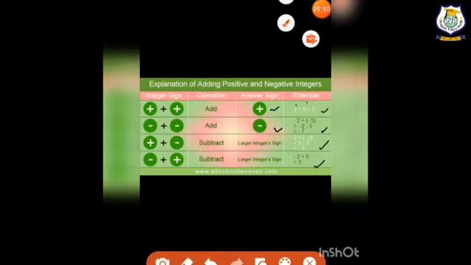Now I have some examples that I will solve for you to tell you more about addition and subtraction of integers. Now our first rule, do you remember what our first rule is? If we have two positive numbers, then the answer will come with the positive sign. If two numbers are negative, then the answer will come with the negative sign. I have written here "with common sign". What does it mean? I have told you, for positive numbers it means positive is the common sign, for negative numbers it means negative sign is common.